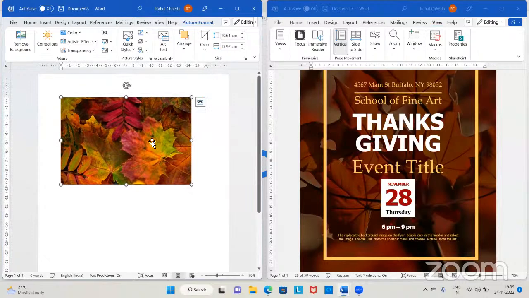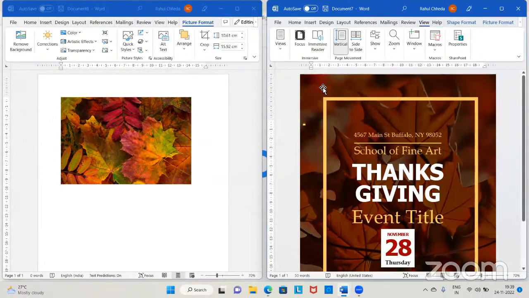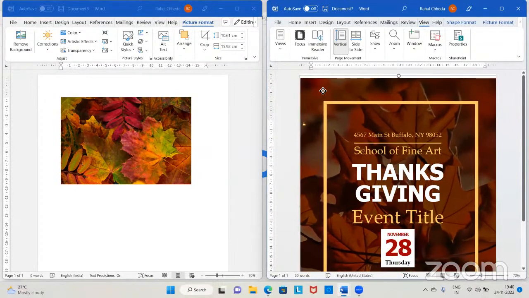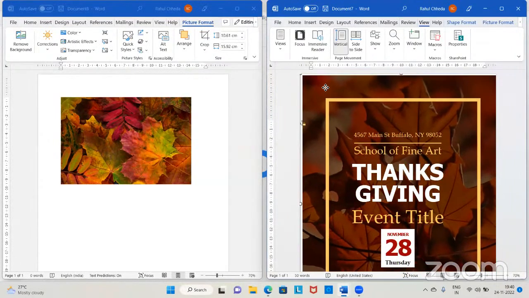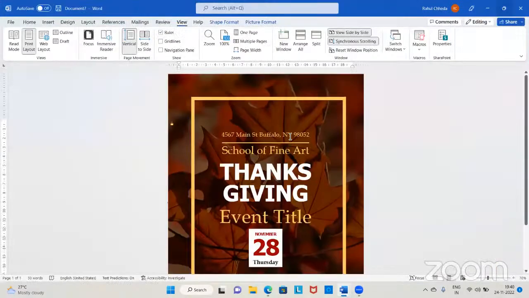Now you can see that the image is on the background and it can be moved easily. So here we also require a setting so that we can use the entire image properly. If we look at this, here they have used the print layout